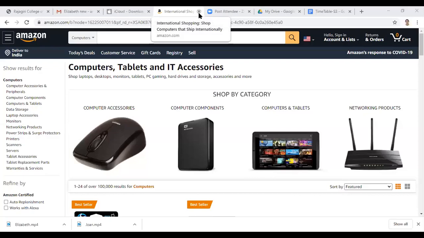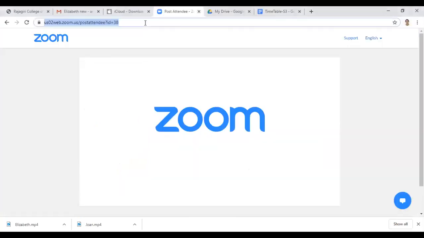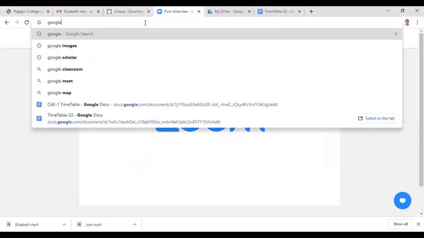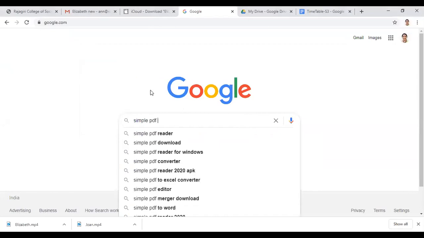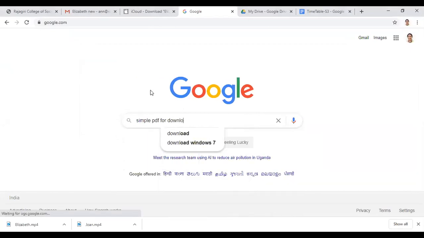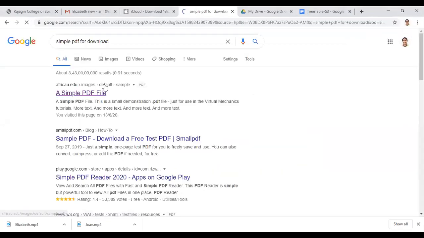Let me find out the URL of a particular file. I'll try getting a sample page, a simple PDF for download. I'll get a URL for a simple PDF file.